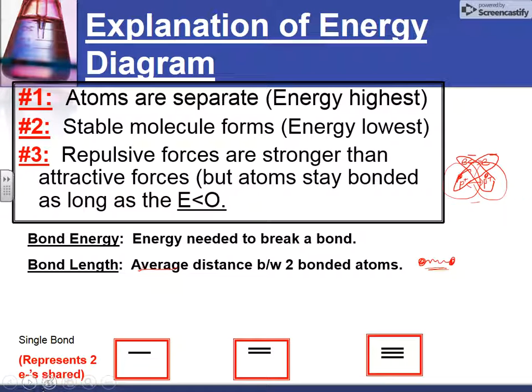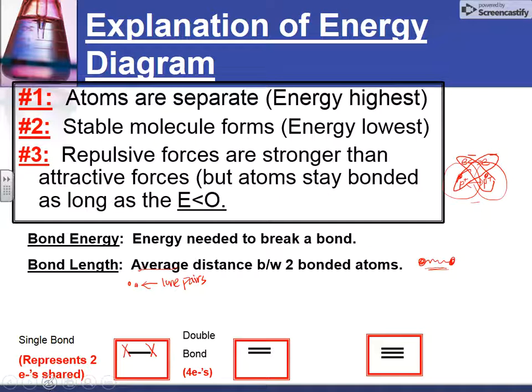Now, in our next video lesson, we're going to talk about Lewis structures, so we need to look at how we represent shared electrons. In our Lewis structures, we're going to see single bonds, double bonds, and triple bonds. A single bond is represented by one line, and that is two electrons being shared. When we draw our electron pairs when they're not shared, they look like two dots, which are unshared electrons, called lone pairs. But when they're shared between two atoms, we draw a single bond that represents two electrons being shared between atoms, like X bonded to X.